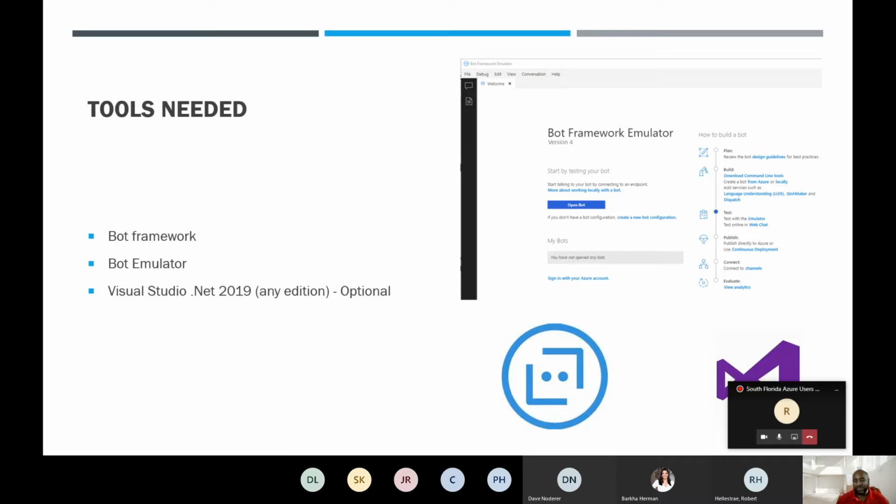You can download the SDK, and it provides pretty much the examples and everything you need to get started building a bot. But you don't have to actually start there. You can actually start in Azure, which is what we're going to do. I'm going to show you how to build the bot in Azure, how to test it, how to play around with it, how to set breakpoints, and eventually how to get more complex and add things like natural language processing